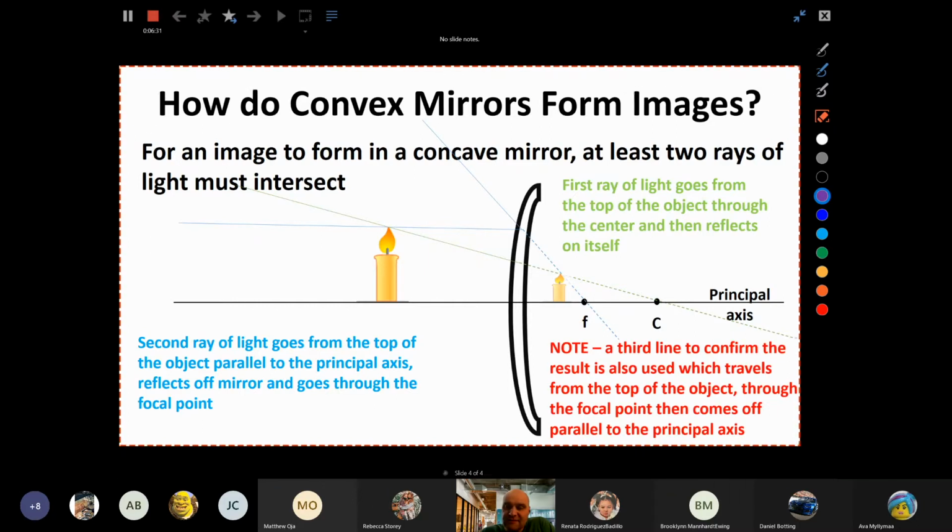And this one can always be a little difficult for me anyway. So it goes from the top of the object through the focal point, then comes off parallel to the axis. And then it's that straight line that dots back. And again, they're all kind of meeting at about the same point. So as long as you can remember the focal point and the center are in the mirror universe, then hopefully